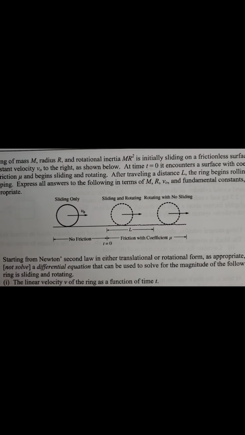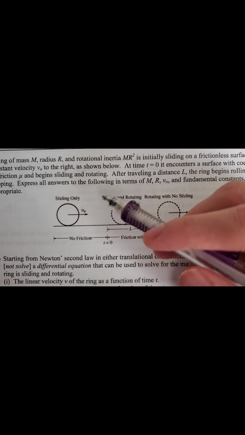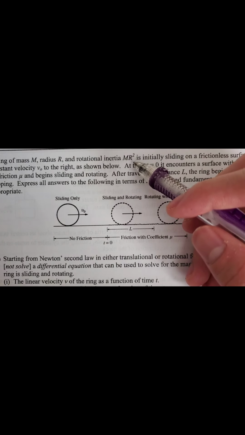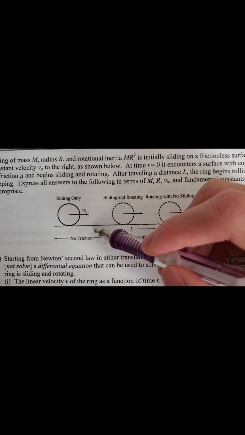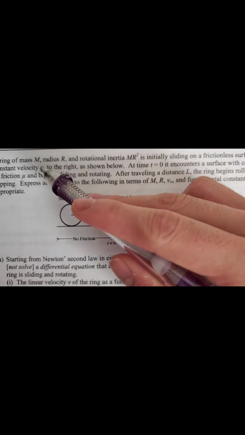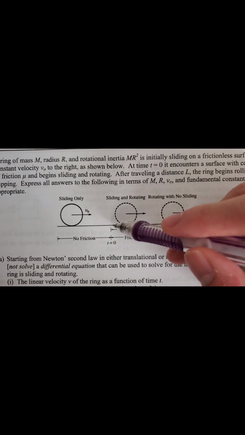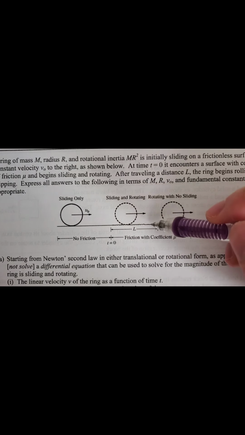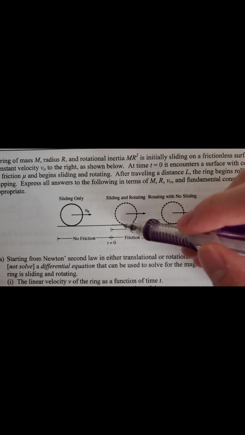Okay, so for FRQ number 3, we have a ring that has a mass of m and a radius r, and its rotational inertia is given to be mr squared. This ring is initially sliding across a surface without friction at a constant velocity of v0. Later it is going to encounter a surface with friction, and it will start to rotate, but it will still be sliding. After traveling a distance of L,